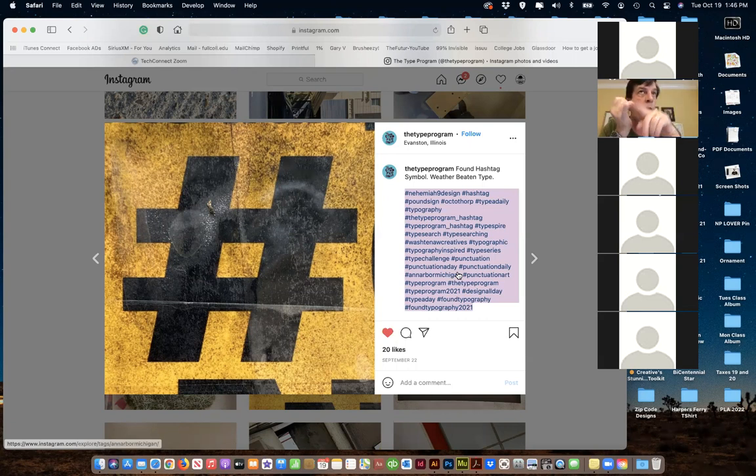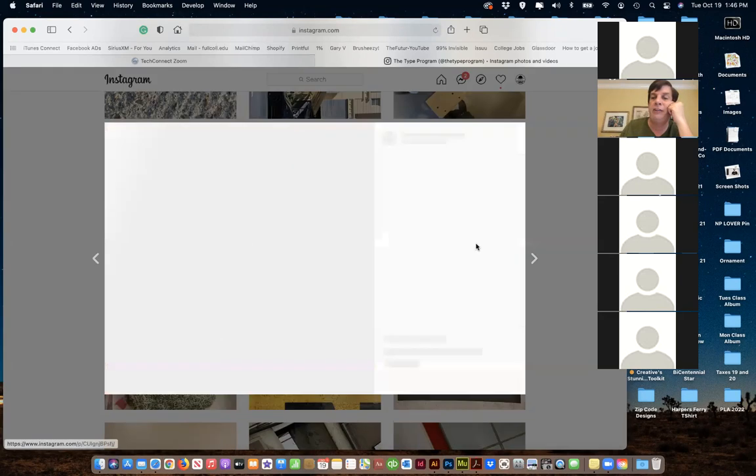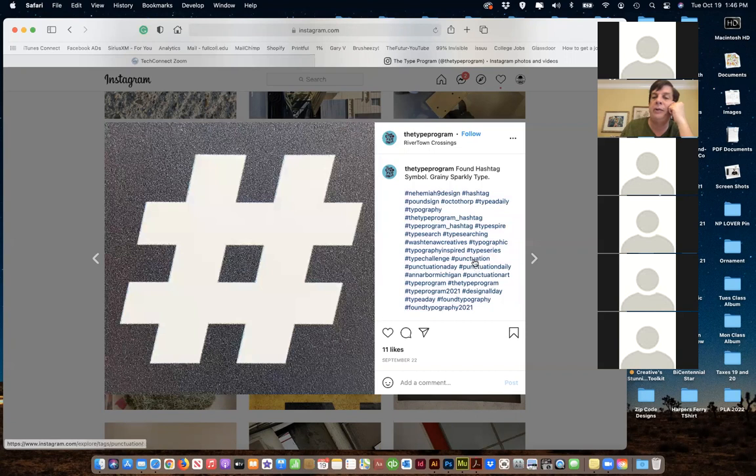So I would say, one, I like the idea of a personalized hashtag. I think that works. And then going through and figuring out what hashtags will work for you based upon what you're doing. And being consistent and always using hashtags. They're going to bring people in, and then use hashtags to find other people, because that's how we all work on this thing. People will look up a hashtag, and that's how we go in. Okay, and that's how we get it. So if I go back here and just do hashtag punctuation, let me see what comes up.